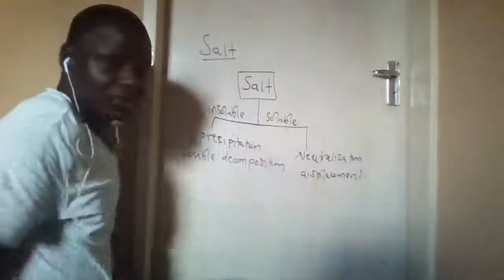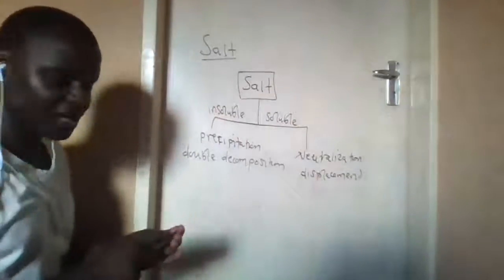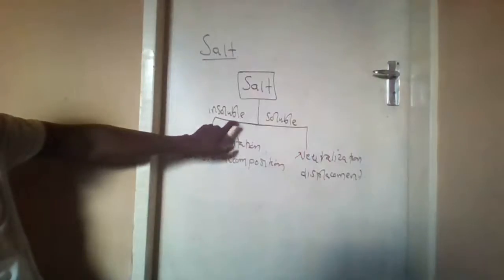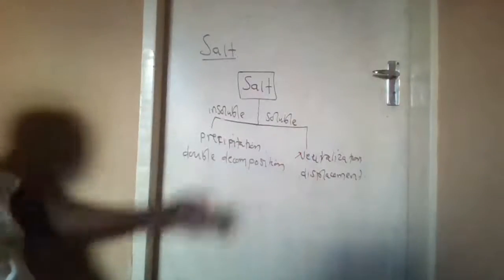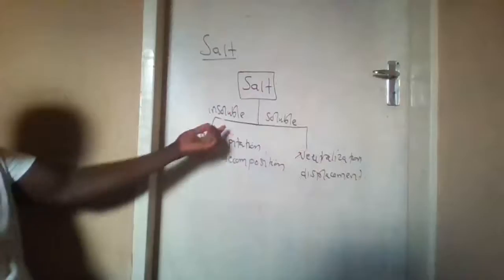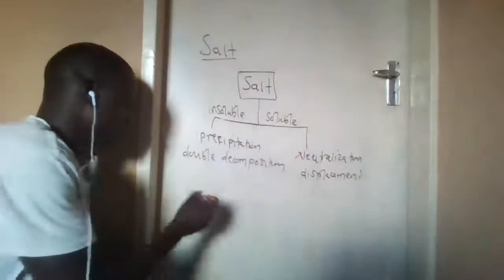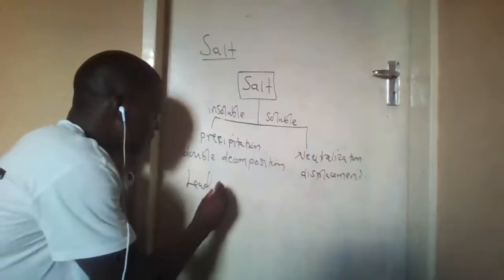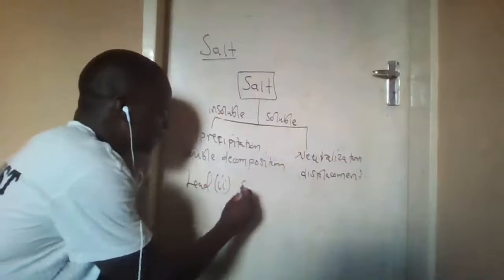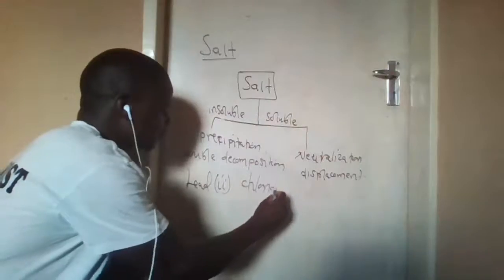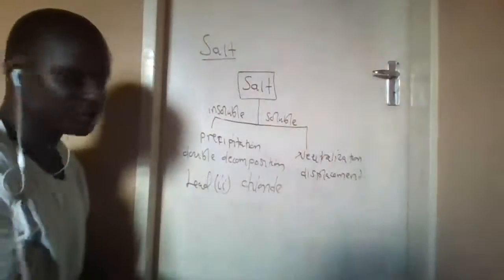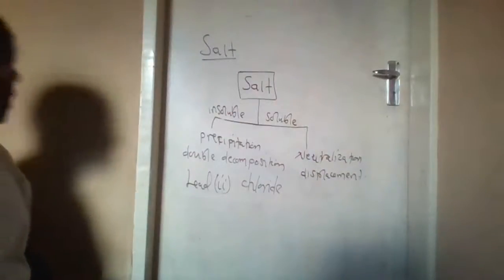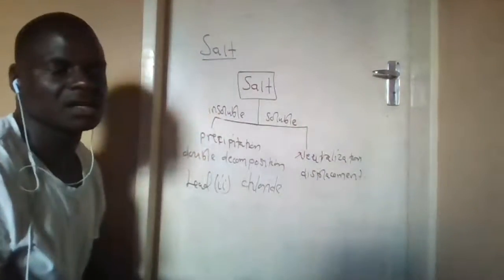So next time we are going to focus much on the preparation of insoluble salts, such as lead(II) chloride. How can we prepare them? By the method we call precipitation or double decomposition. There are quite a number